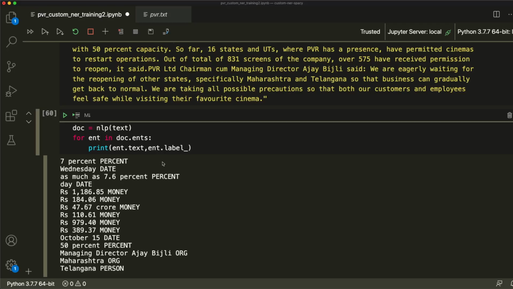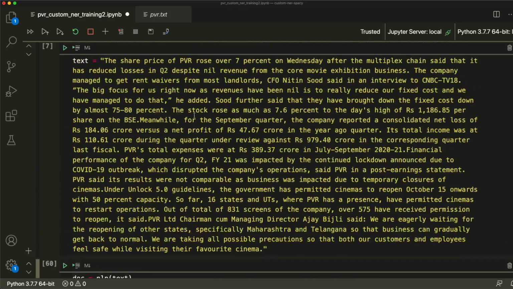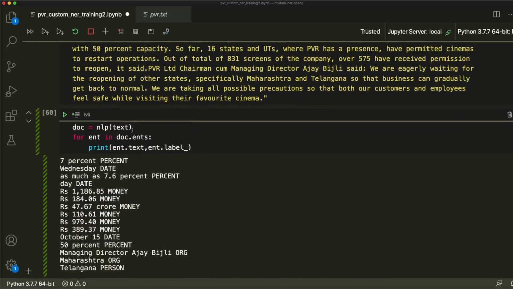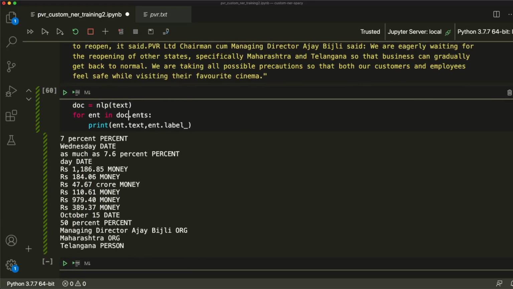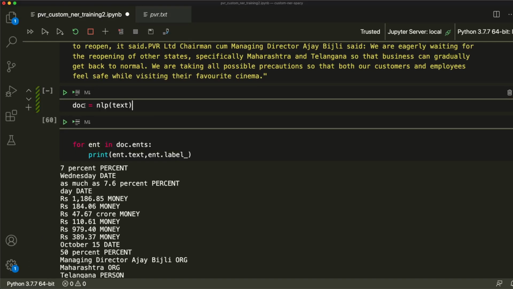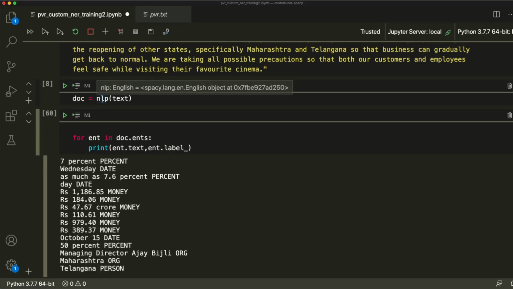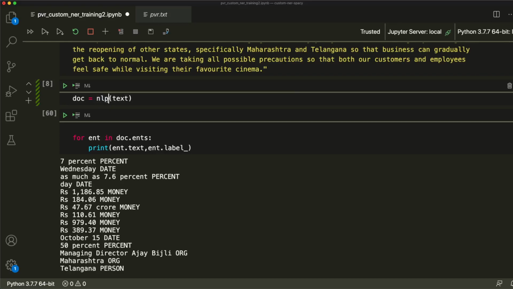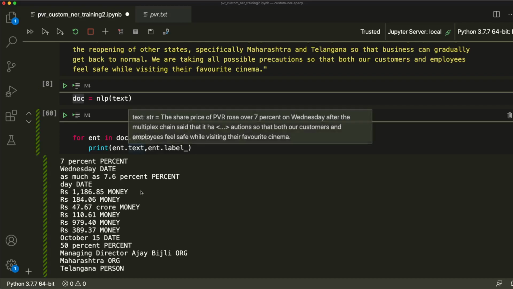Okay, so you have the text. The text is created as text. Now what we are doing is creating the doc object. You can do it in two different lines, it is not mandatory to do it in the same line, though it's ideal because these are two different steps. Here is where you use NLP and create the doc object, and from the doc object you can show the label.